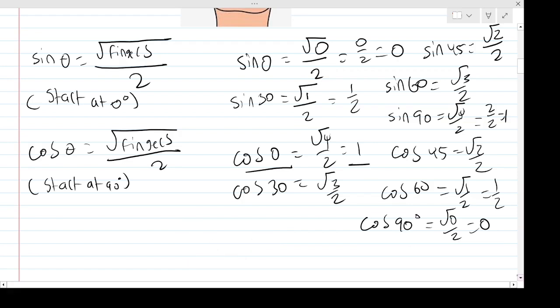Okay, so that's sine and cos. That's how we work that out. Hopefully that's fairly straightforward. You just need to remember where we start, right? So we start at 0 for sine. Well, we don't even need to remember because obviously you have a calculator, but this is the idea of the method. But anyway,